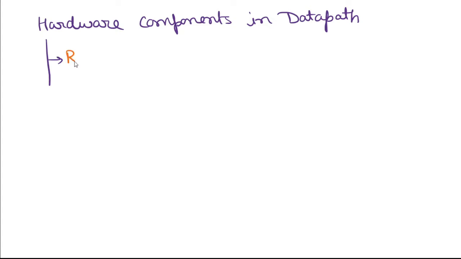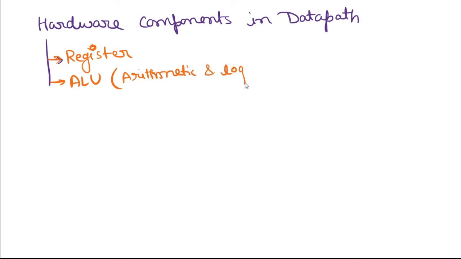The first one is register. The second one is ALU, which is also known as arithmetic and logic unit, and the third one is